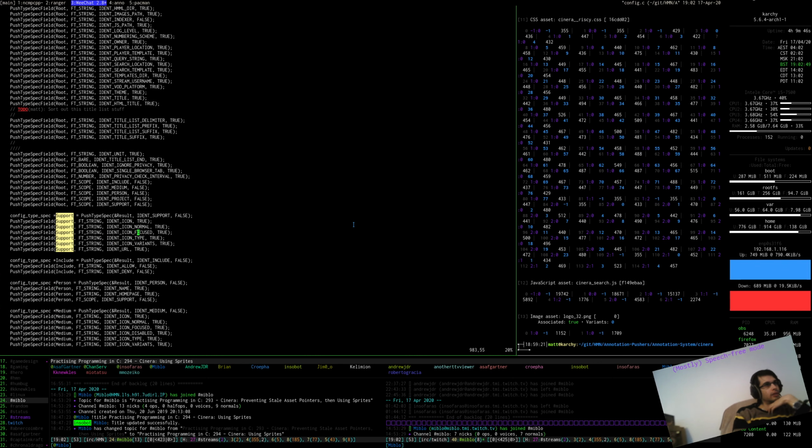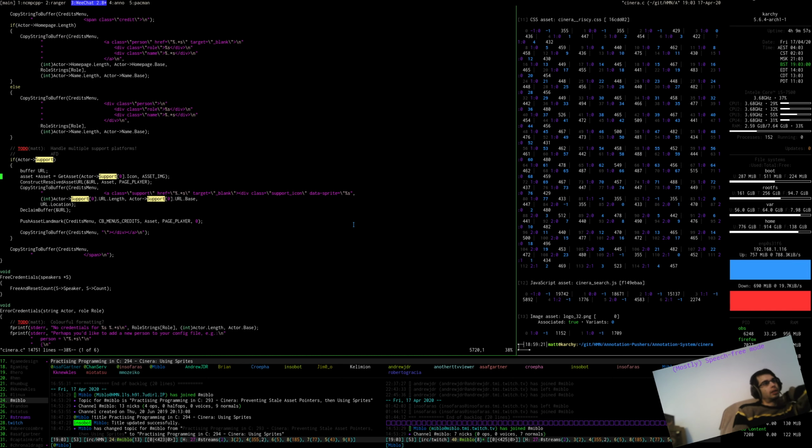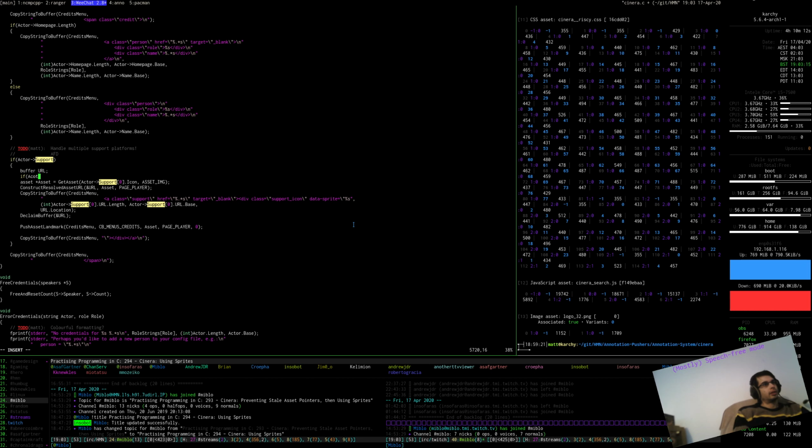Yeah. So you've got the support icon, the icon type, and icon variant. So this basically means that we are saying that you can have a, what do you call it? A textual icon. So I think the very first thing we need to do is just say if the actor's support